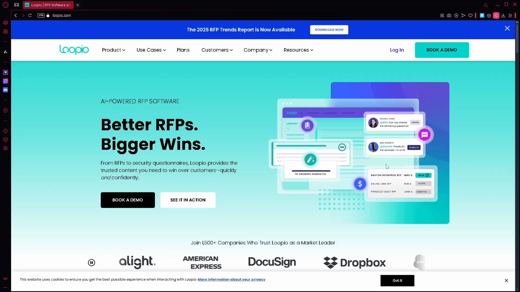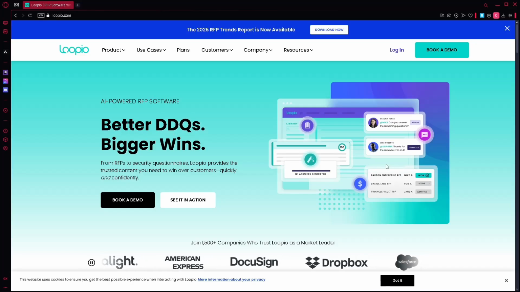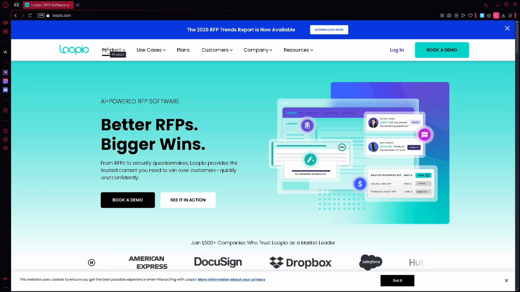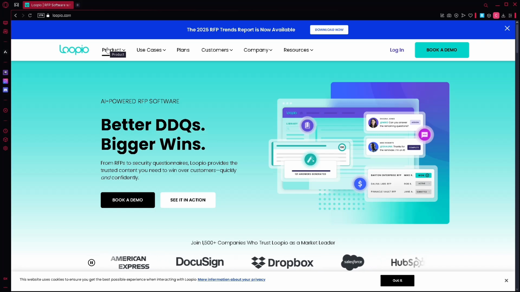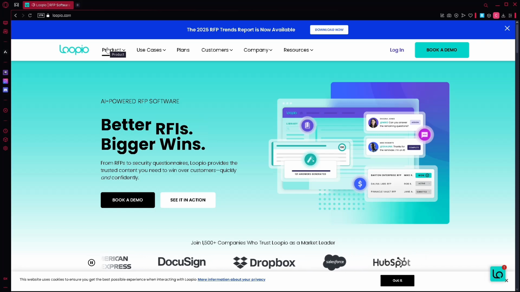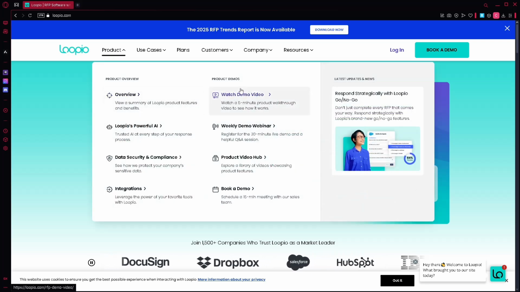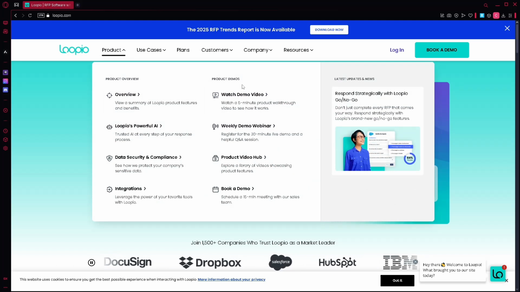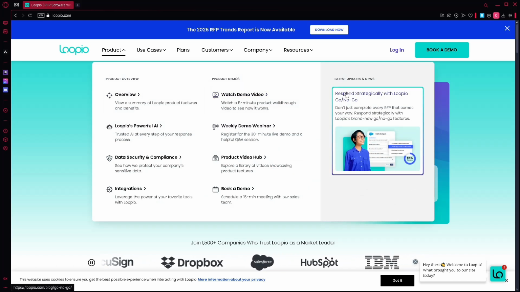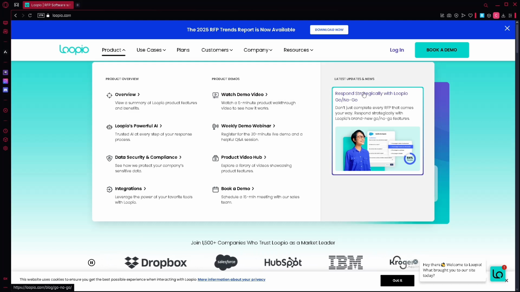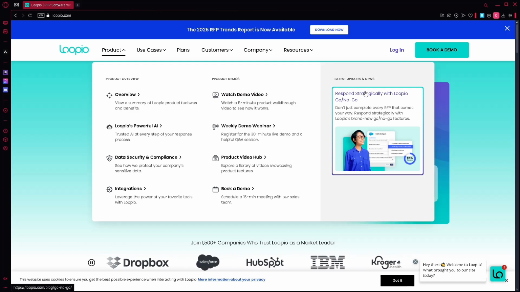Hi everyone, in this video, I will show you how to streamline RFP responses and document management, a Loopio tutorial. Now first, what is Loopio? Loopio is a powerful platform designed to simplify how teams respond to RFPs, RFIs, DDQs, and other security or sales